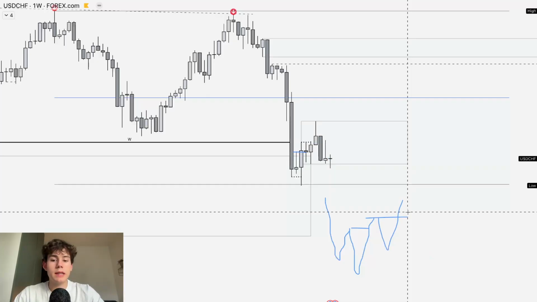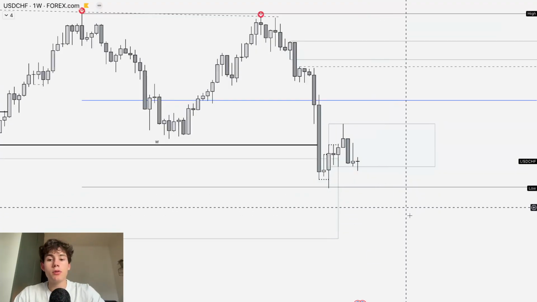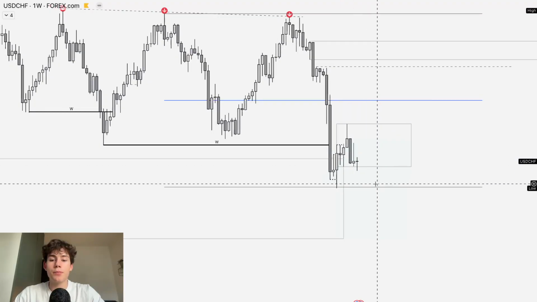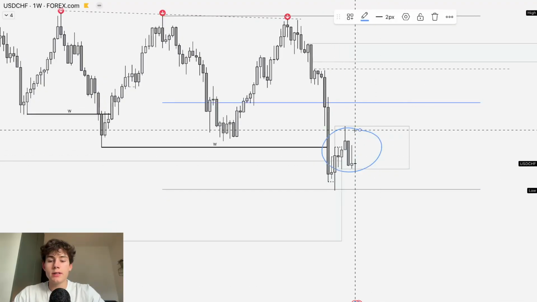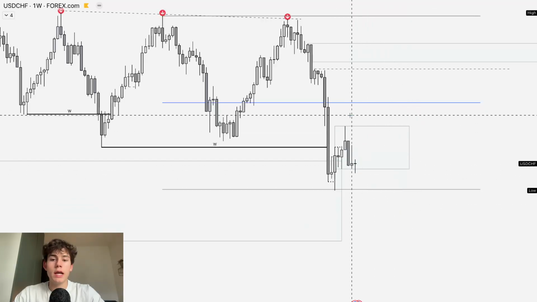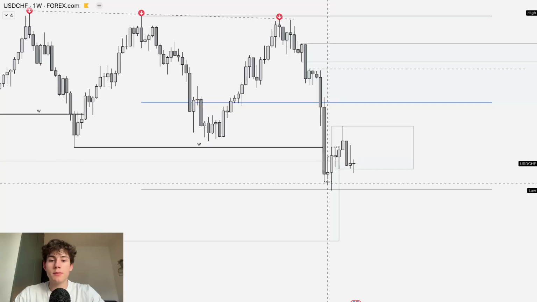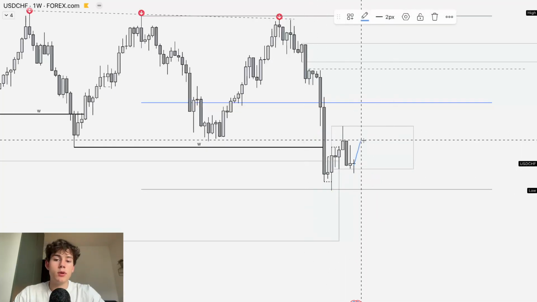This is something that I see often whilst backtesting. So I'm going to keep that in mind, that is possible. How am I going to take my long setups? While looking at the daily time frame. So even though this supply here is in control and could push price down lower, I still want to trade towards these premium prices, and I know that we sometimes see that double internal BOS liquidity grab, and then we could trade up higher.